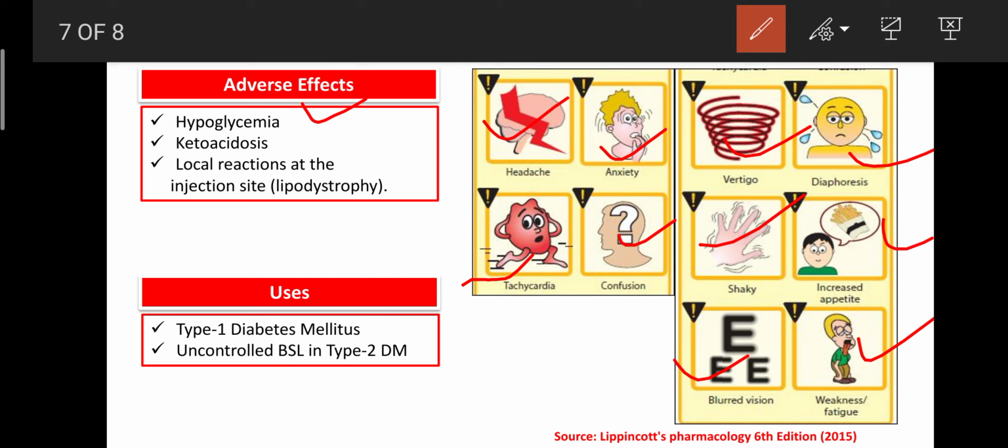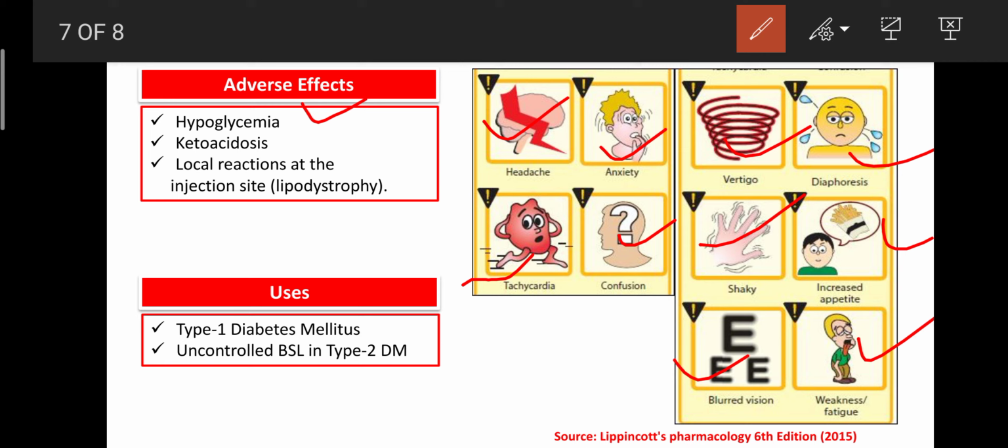So that's why I request all of you, when hypoglycemia occurs, first counsel the patient or ask the neighbors whether he is a diabetic patient or not. If he is a diabetic patient, then ask whether they have taken medications or not. Or directly you can give a sweet, or tea containing glucose. That is helpful to overcome the hypoglycemia. Otherwise, if you give water, death can occur due to more dilution of the blood.